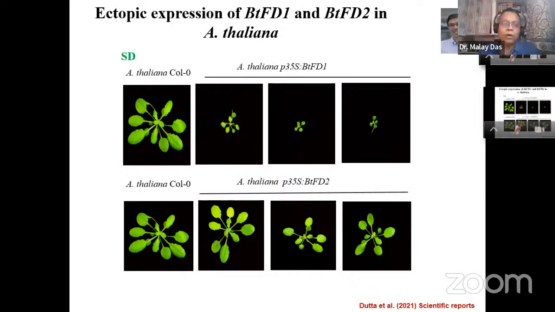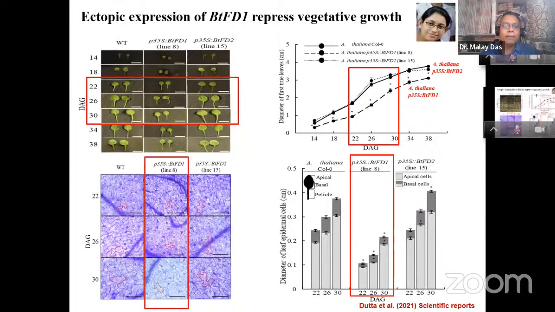Yes. From here. Okay. So here I showed this overexpression data, that the vegetative growth was highly stunted in case of BTFD1, while in case of BTFD2, no such phenotype was observed. And then by epidermal peeling analysis and analyzing the epidermal cells, we could see that this kind of difference in growth was achieved due to differential cell expansion, and that primarily happened in a time range of 22 to 30